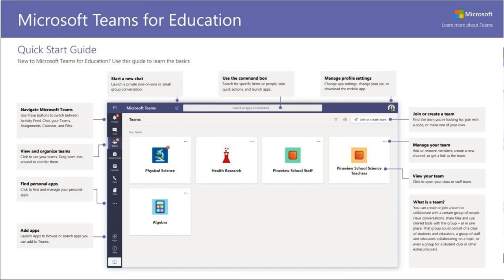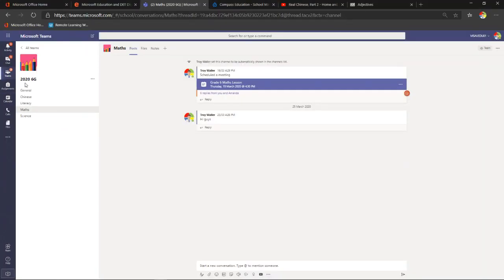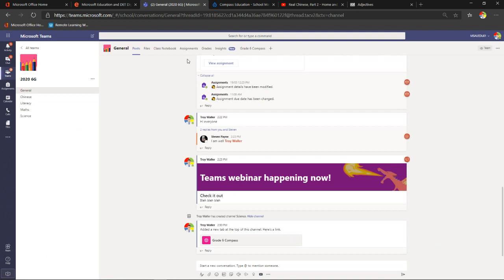Okay, so what I want to do now is take you through and show you a few more little features. Just give me a moment while I find my page where I was up to. The next thing I want to talk to you about is assignments. Where assignments live is inside the general channel. The assignments dedicated to this team live here. The assignments right across all my teams live over here. All right, so if I click on assignments,